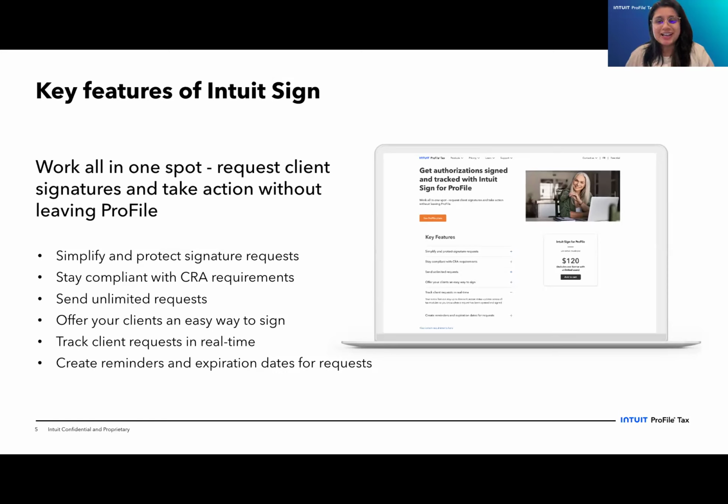late last year. I say early because it's early fiscal for us, but late last year. And we've been able to see some great trends from it as well. You'll be able to simplify and protect your signature request, stay compliant, which is a huge thing with CRA requirements, and you're able to send unlimited requests. That was a really big feature that was asked from